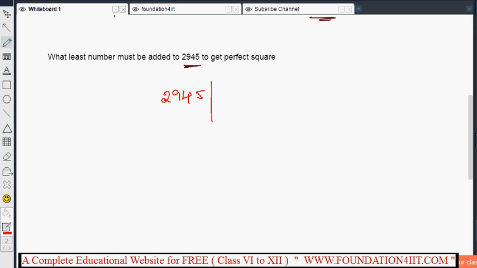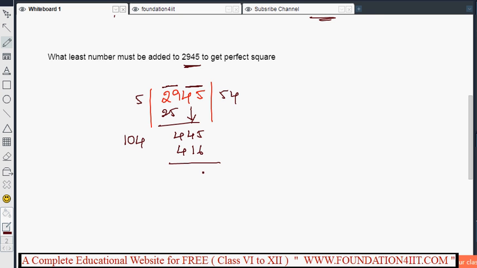2945, you take a pair of numbers, 29 and 45. Fine. So 5 fives are 25. Subtract, it is 4. Next set is 45. This 5 becomes double, that is 10. Then 101 ones are 101, 102 twos are 204. If you take 104, fours are 416. So if we subtract, now 29 extra came, but actually